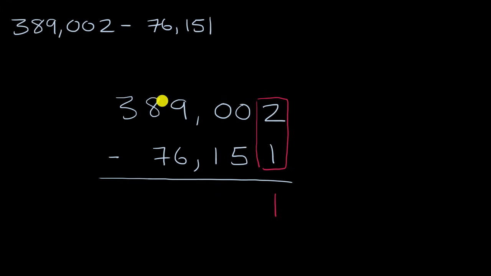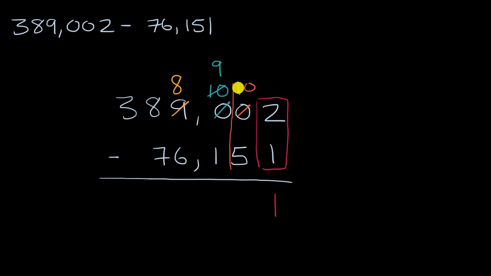And so what I can do is rewrite 9 thousands. I'm going to take away one of those thousands, so I'm going to have 8 thousands, and I'm going to regroup it as 10 hundreds. So that 1,000 would be 10 hundreds. Now that solves the problem except for the tens place. But what I can then do is take away one of those hundreds, so I only have 9 hundreds now, and I can regroup that extra 100 as 10 tens. As 10 tens.